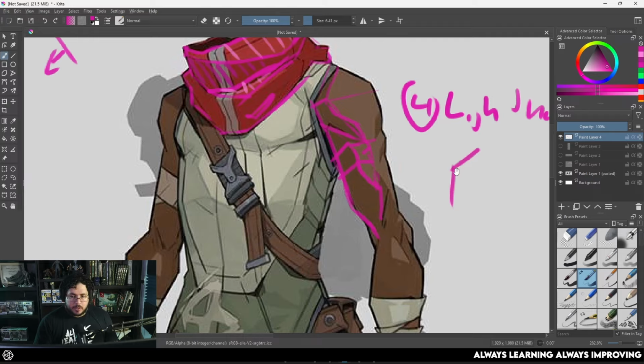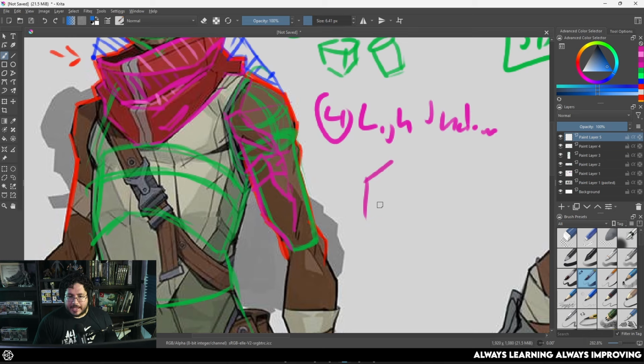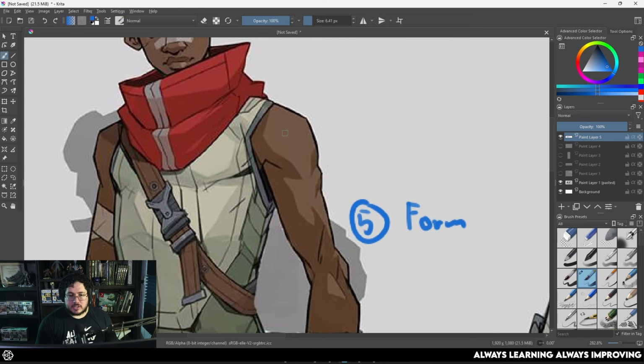Now, based on experience, and this is layer number 5, the final layer, let's add another one right here. Based on experience, I know that not everything's going to be completely flat. And this is where we add form, okay? This is what I like to call the form layer. So once I understand that there's going to be two planes right here, the next thing is you need to, again,